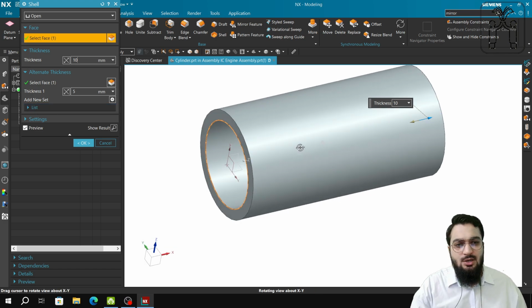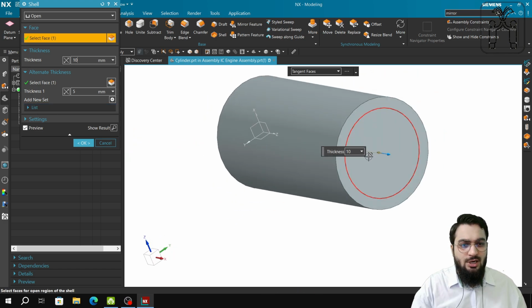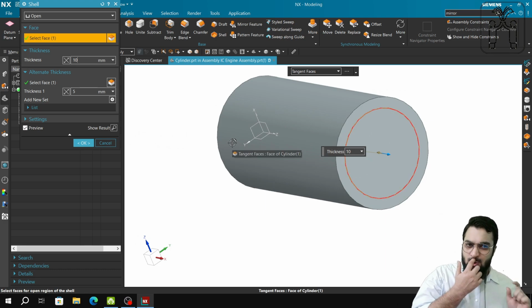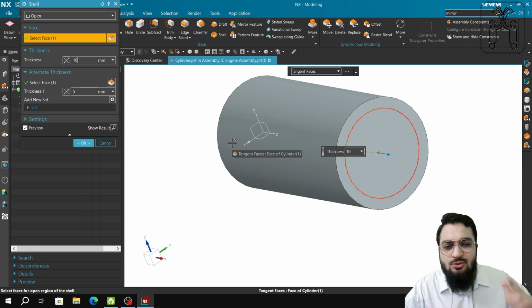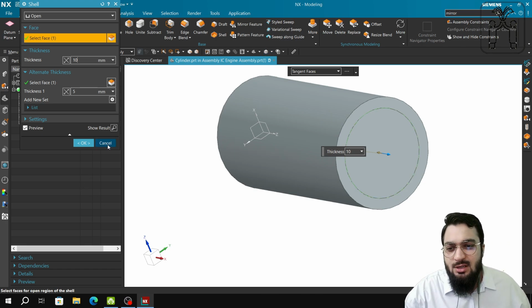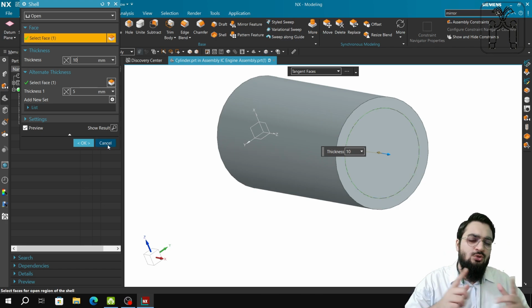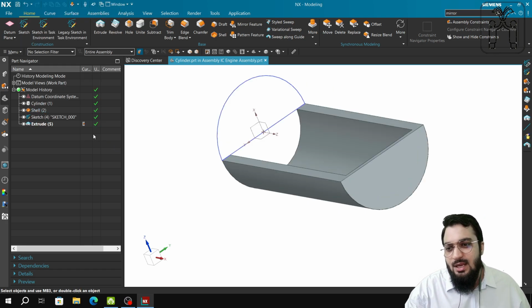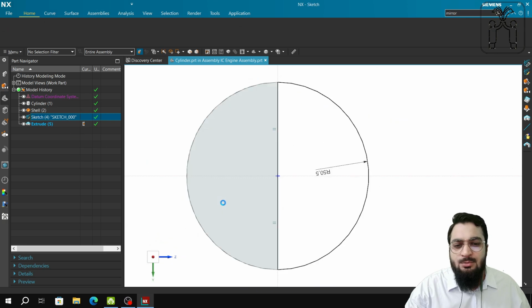और फिर हमने क्या किया, एक हमने alternate thickness डालनी थी, तो हमने क्या किया कि इस फेस को सिलेक्ट किया alternate thickness के लिए, क्योंकि यहाँ पे वॉल्स रहेंगी तो इसको थोड़ा सा पतला रखना पड़ेगा, तो थोड़ा सा हमने 5 mm रख दिया ताकि वॉल जो है आसानी से अंदर घुस जाए, ज्यादा लंबी ना हो, क्योंकि जितनी ज्यादा लंबी होगी तो उसमें फेलियर का चांस है, ठीक है।